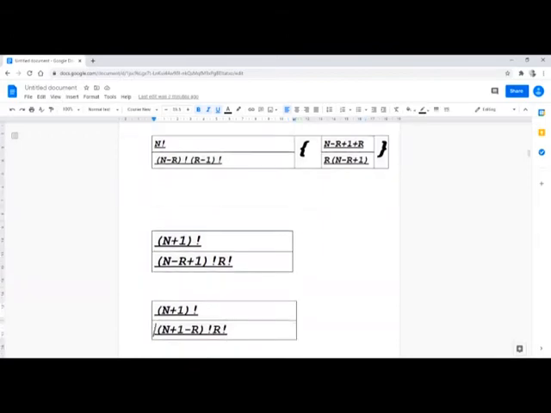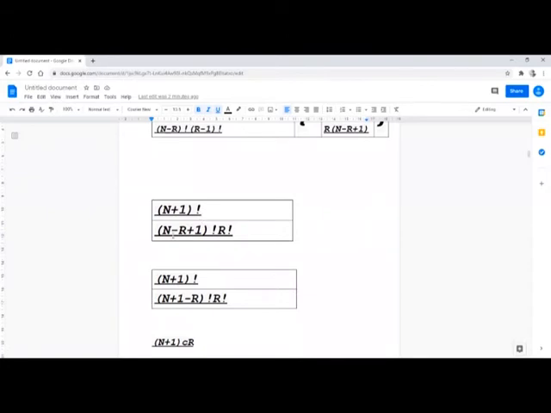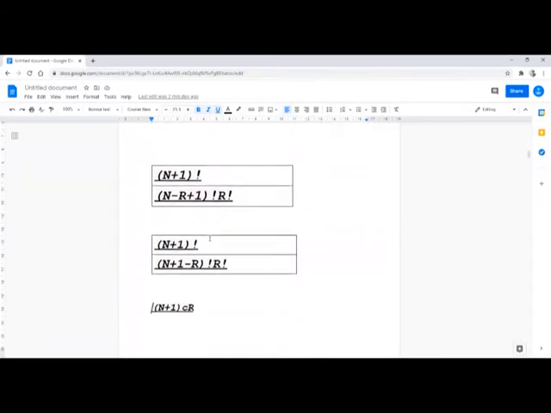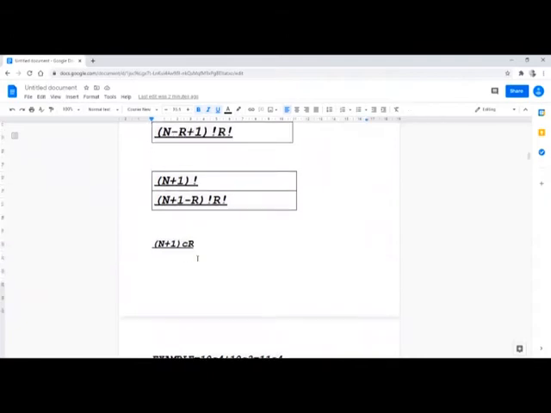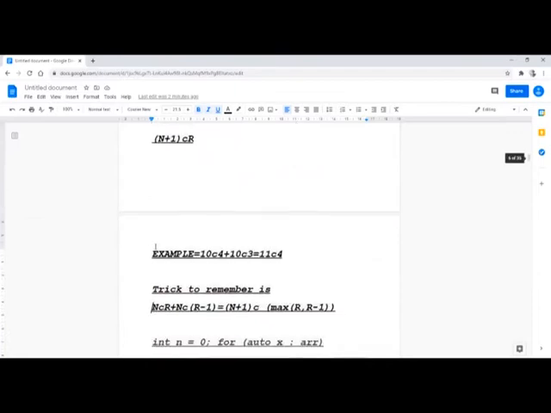So this can be rewritten as n plus, the denominator is rewritten as n plus 1 minus r factorial. It's just we put the 1 to the LHS and put the r here. So this whole term can be written as n plus 1 CR. That is, this is a standard formula, n factorial by n minus r factorial into r factorial. So this can be written as n plus 1 CR, which is the RHS. So that's how the formula comes, and there's a trick to remember this formula.